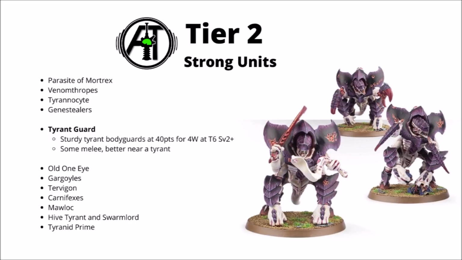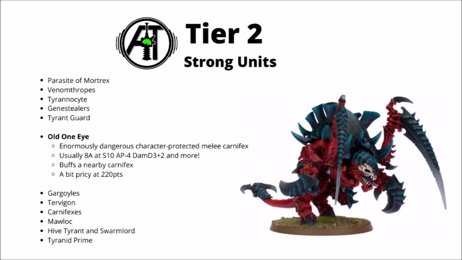Allowing Hive Tyrants to operate a lot more bravely though is really quite a big advantage. They could hide out of line of sight, and even if they don't, they are really quite hard to chew through with most guns. Old One Eye, the super regenerating character Carnifex, is really quite expensive at 220 points, but he